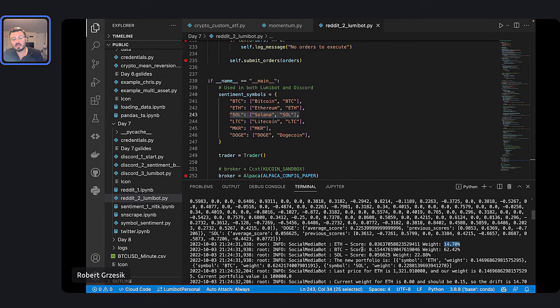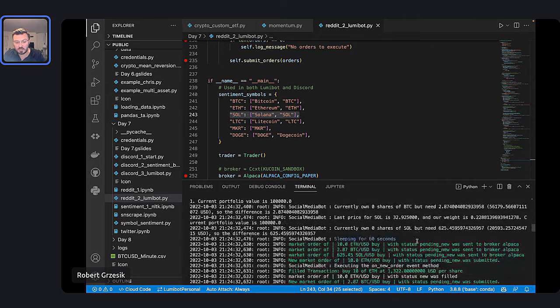A Bitcoin, this one's 0.15. It's going to have the highest weight. It's going to be 62%. We're going to put 62% of our money into this. And then Solana, we're going to put in 22%, right? So it's directly proportional to the sentiment of it, right? And we can constantly keep changing this, right? So we can monitor this every day and change our weightings every single day based on what coins people are talking about, and which ones have the best sentiment, right? And you can even modify that and do a lot of other things around it, right?